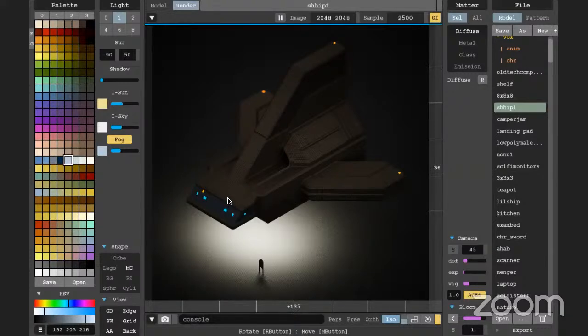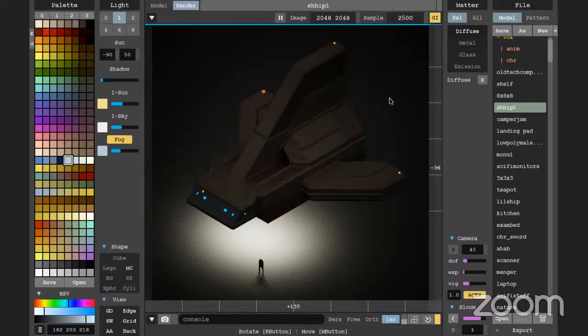So yeah, I just made this ship for a Discord challenge. Make a spaceship in 126 voxels square, which it says 128, but the original MagicaVoxel is 126. So I use 126 here. And to get the cool beveled effect, I use this marching cube setting. It took about an hour, hour and a half, and then it was all done. It was very fun to do, so I thought I would do another